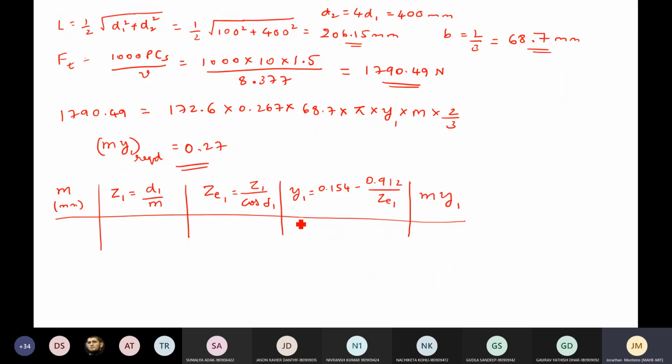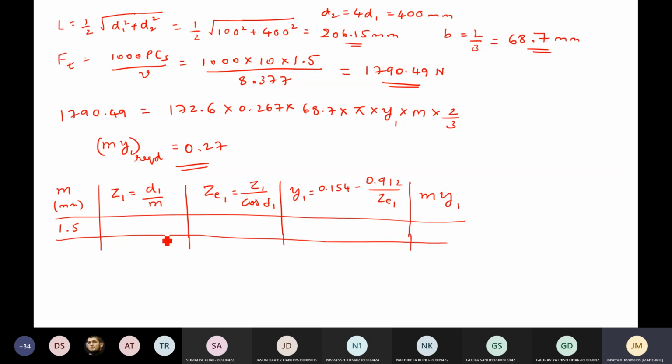Of course it can take some values, but where can we start? We can start with 1.5, we can start with 2, we can start with 3 and so on. So 1.25 comes a little bit lesser. So what we'll do is we'll go with 1.5. We'll just check whether 1.5 will satisfy.